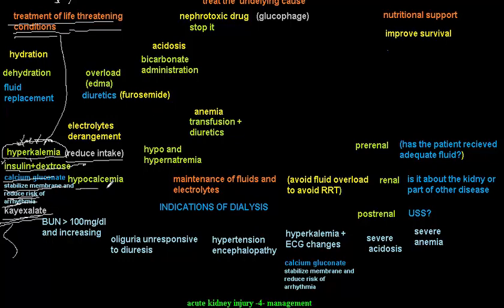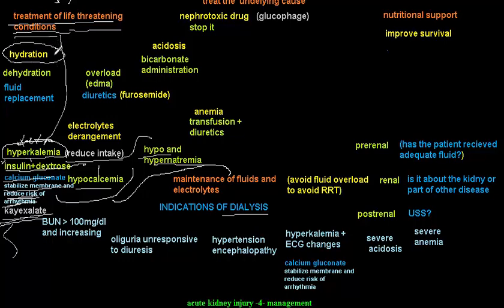Also, if you have hypocalcemia, hypernatremia or hyponatremia, you have to treat it. If you are unable to treat these conditions, you have to maintain the fluids and the electrolytes by renal dialysis. But before talking about renal dialysis, I'm going to get back to the other life-threatening conditions